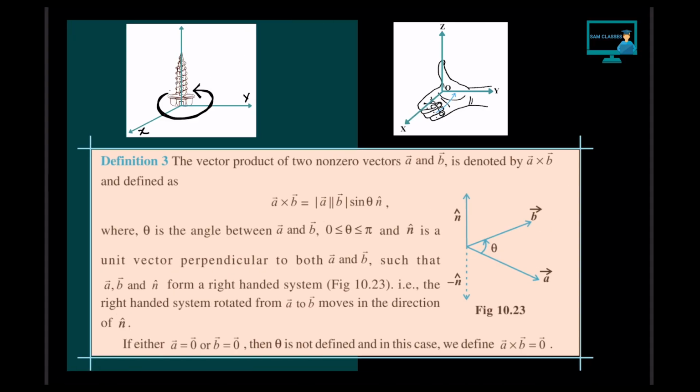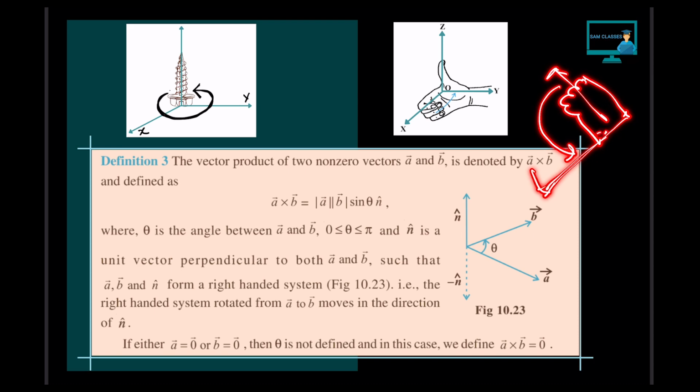Next is the cross product. Understand, student, it's very simple. We have two vectors. Let's say you have taken one vector as this one and the other vector as this one. So just imagine your hand. You have taken straight fingers showing the direction, four fingers as one of the vectors, and then you are curling your hand in the direction of the other vector. So let's say your palm this way is giving you one direction, and you're curling it up in the other vector's direction.